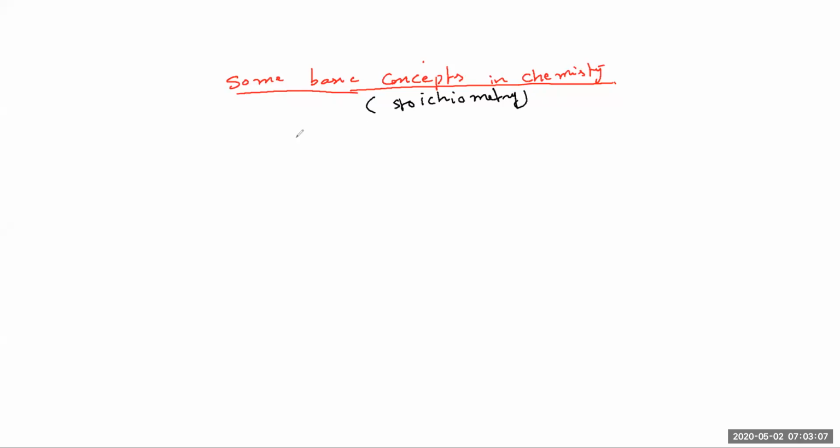Okay, in this chapter, the main concepts are physical quantities and SI units. I think you already studied these in lower standards, and they will also come in physics. Next: unit of length, unit of mass, unit of time, unit of electric current, unit of thermodynamic temperature, unit of amount of substance, unit of luminous intensity. These are there. Now some conversions.